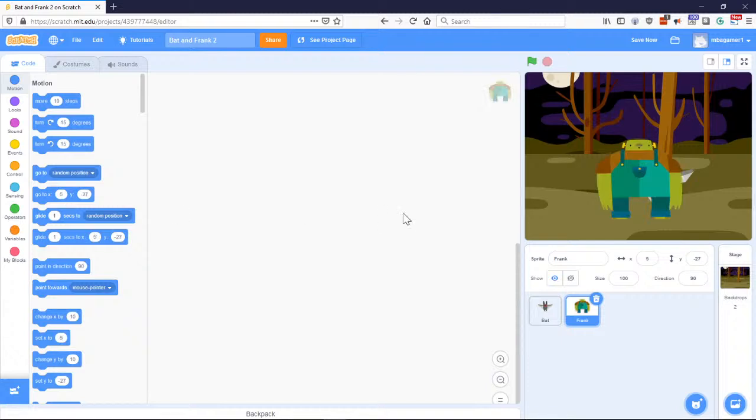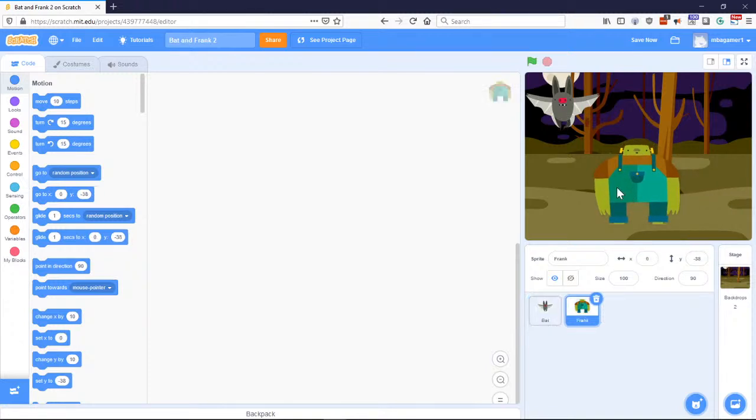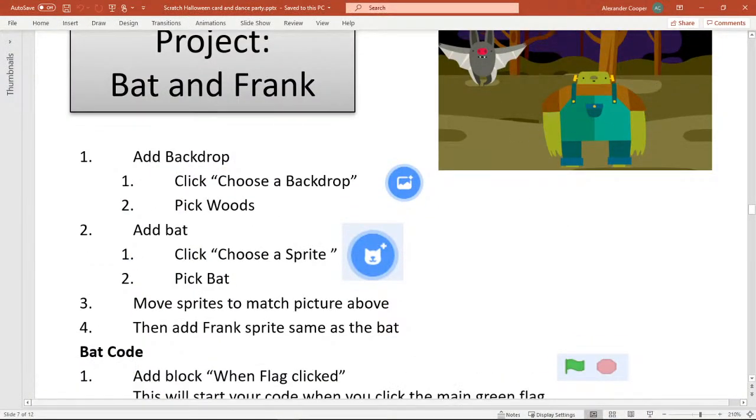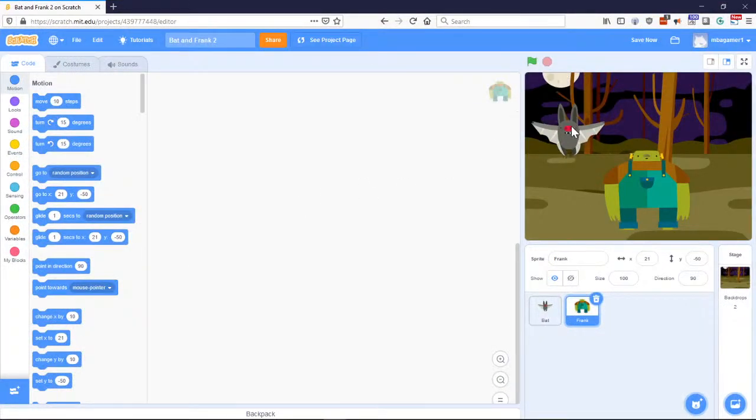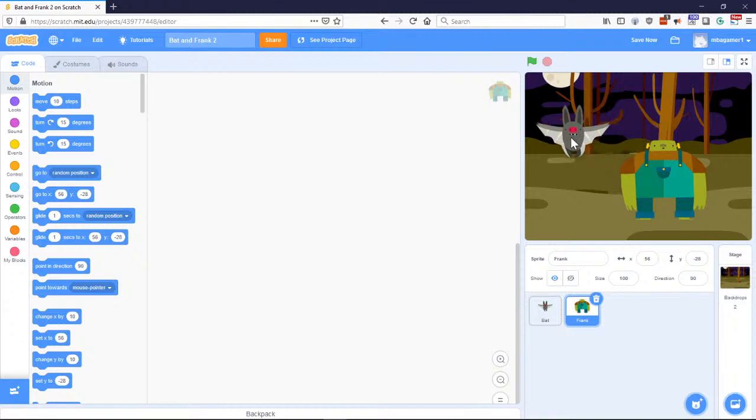Maybe it works out. All right, so let's get our characters and let's move them around so they match what we were working on, okay? They'll match what our picture is up here, okay? We want the bat to be on the same plane as Frankie. So when the bat goes to the right, he just has to get near Frankie, and then Frankie will get scared, okay, and run off. All right, so